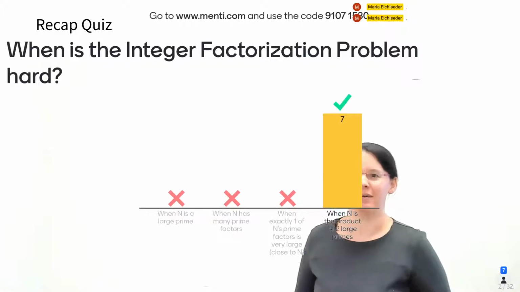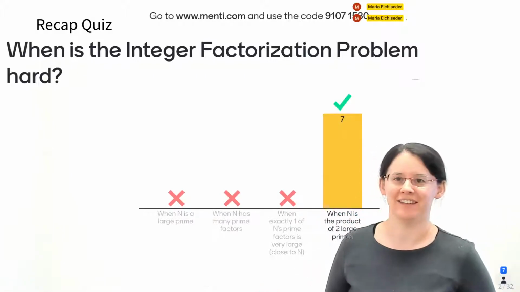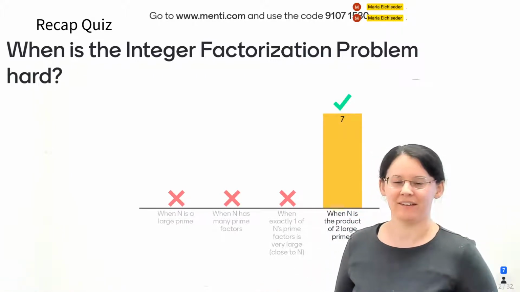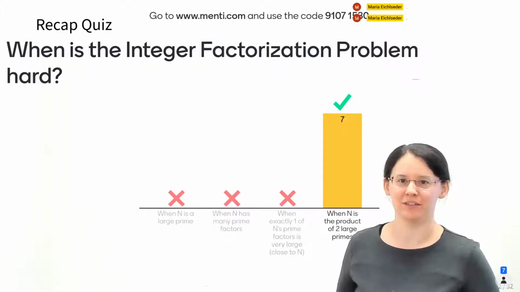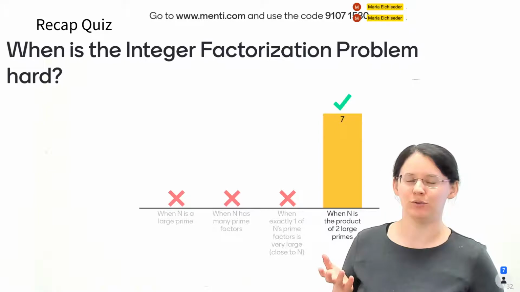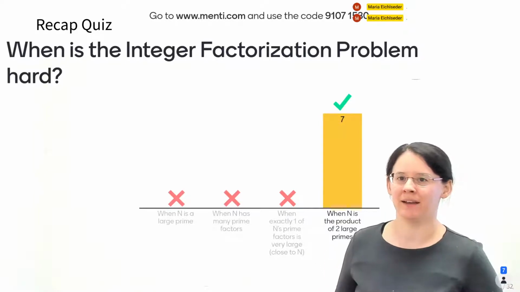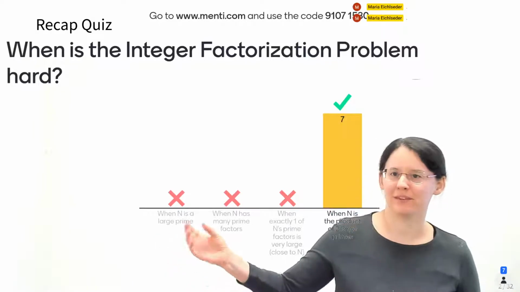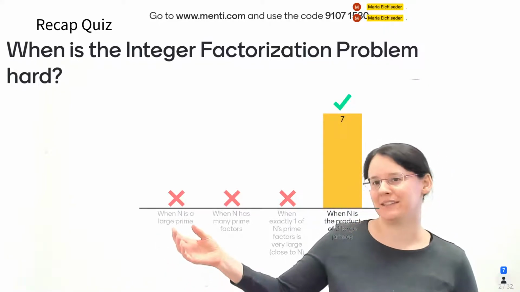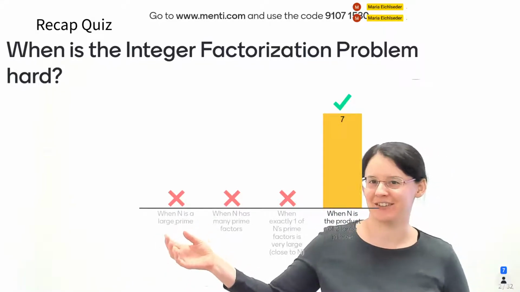Okay, great. All of you got that correct. That's fantastic. So the difficult case is the one that we usually have, for example, in the RSA crypto system, when n is the product of 2 large prime numbers. What about the other answers? When n is just 1 large prime. Now this is a famous quote from Bill Gates, but in that case factoring n is not actually hard because